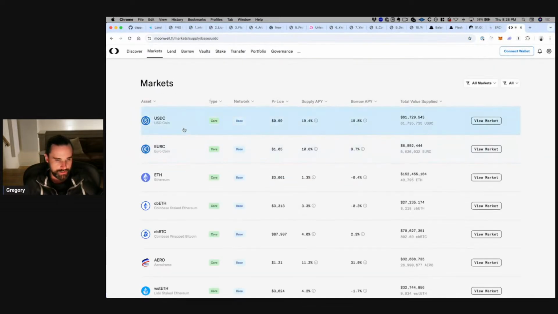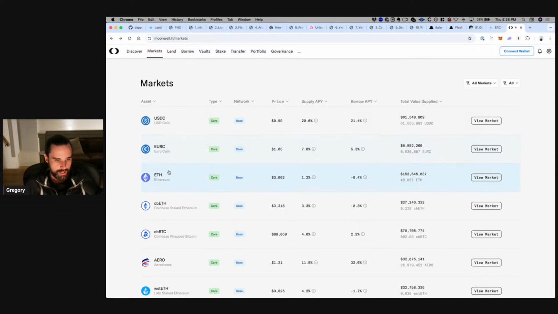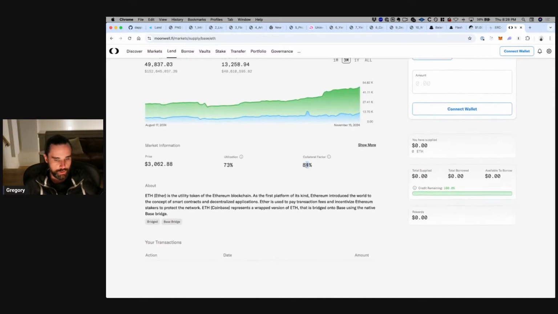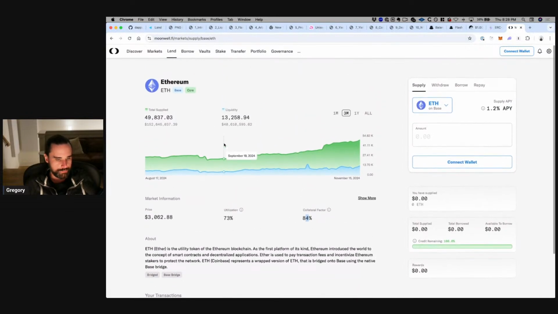So again, going back to that collateral factor, if somebody borrowed more than this 83%, or let's say they deposit Ethereum cryptocurrency, right? And let's say they deposited $100 worth of Ethereum at the current price, and they borrowed $80 of